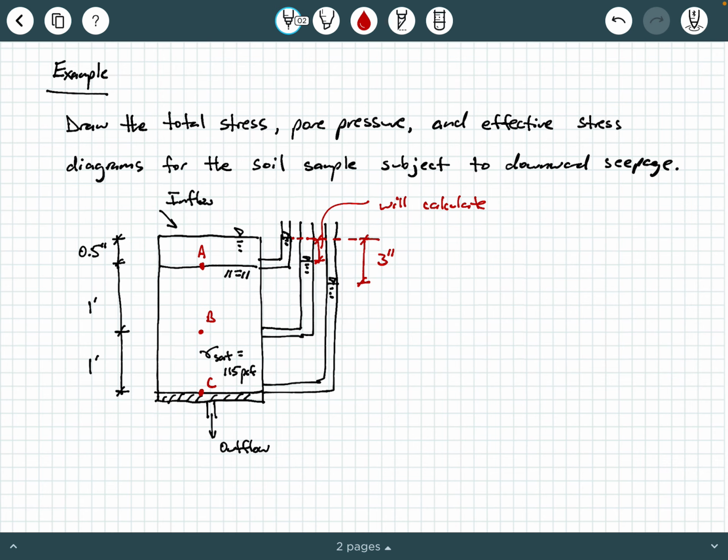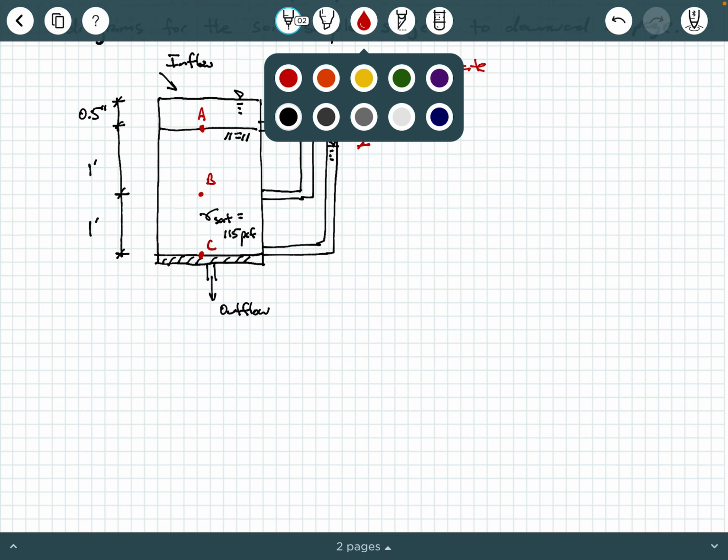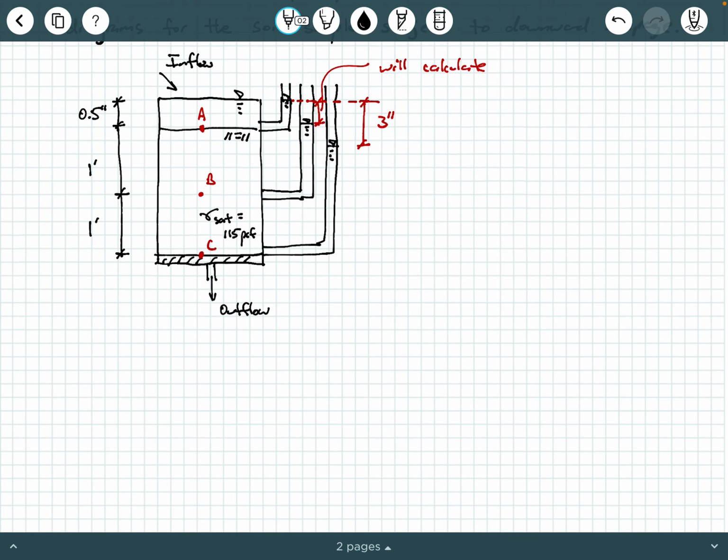Now let's go ahead and tackle the solution to this problem. Again, we want to draw the total stress, pore pressure, and effective stress diagrams for the case of downward seepage. So under solution, what we need to do is compute total stress, pore pressure, and effective stress at points A, B, and C. And we have to do this because think about what the problem is asking for. It's asking us to draw the diagrams. So we need to generate the diagrams,